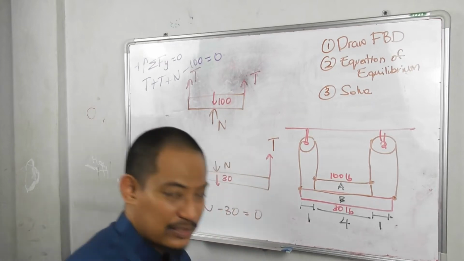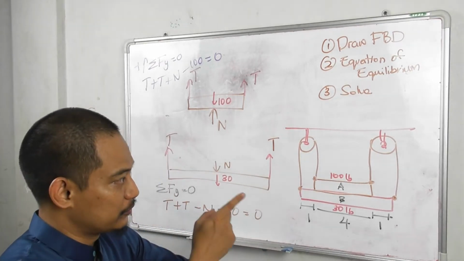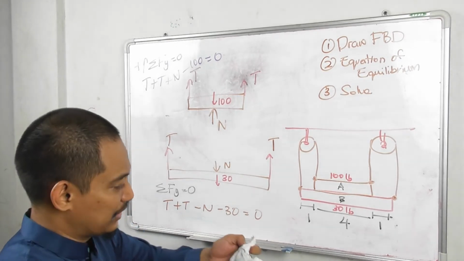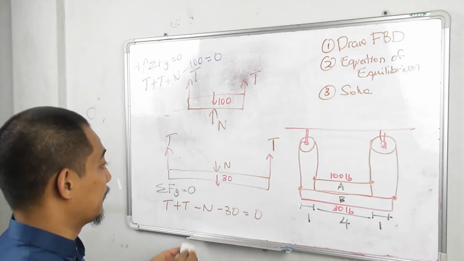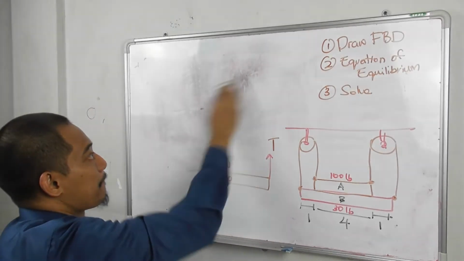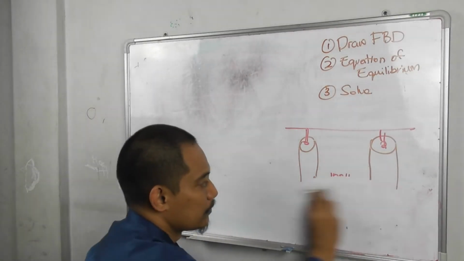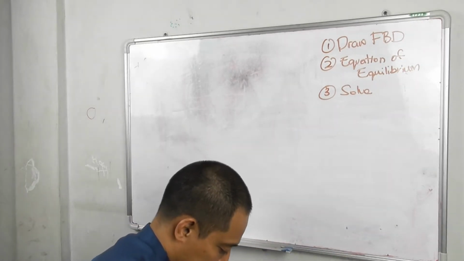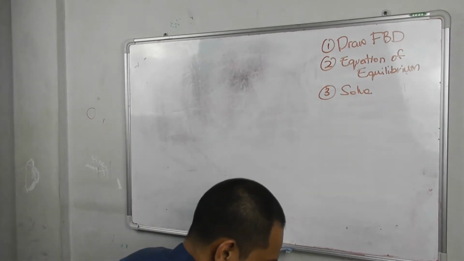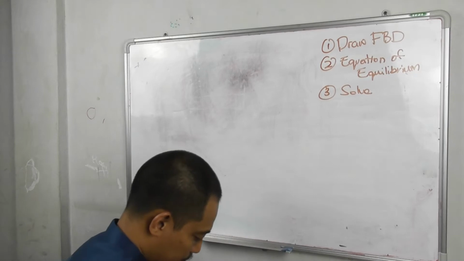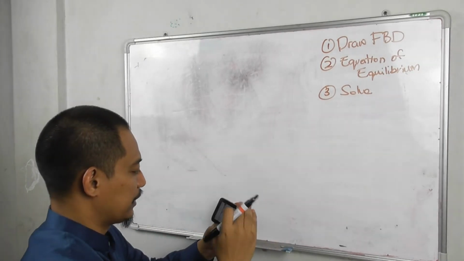But this question is rather simple and straightforward if you understand the question before this, because when it involves pulleys, it can be very, very easy if you draw the free body diagram, right? So let's draw the question first. So the first diagram is